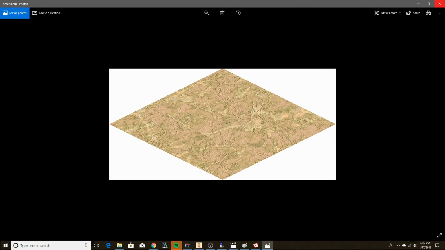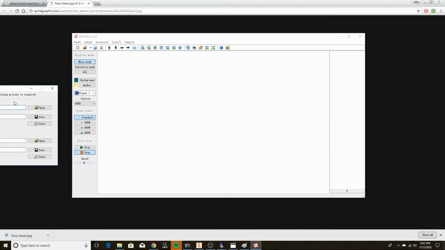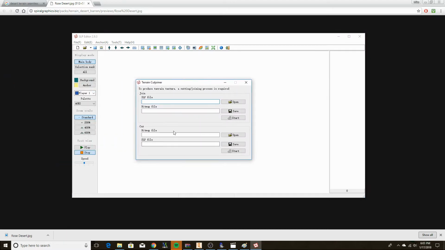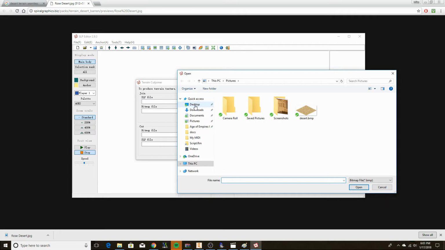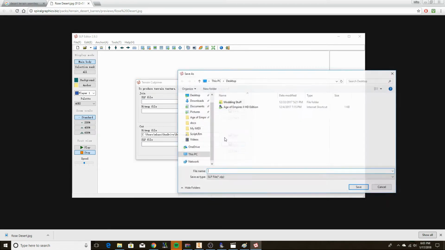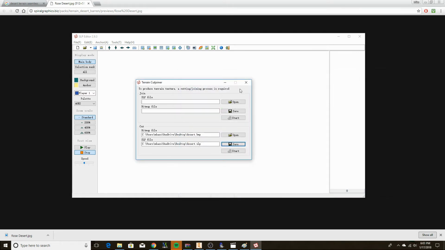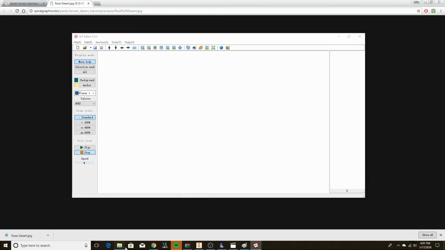And our terrain is there. So now we need to convert this bitmap into an SLP file, which the game will use. If we go here to the terrain cut joiner, we can open up the bitmap file that was created, that's on the desktop, and then we can save the SLP file somewhere also. Just call it desert for now. We can save that, start, and it generated an SLP for us,